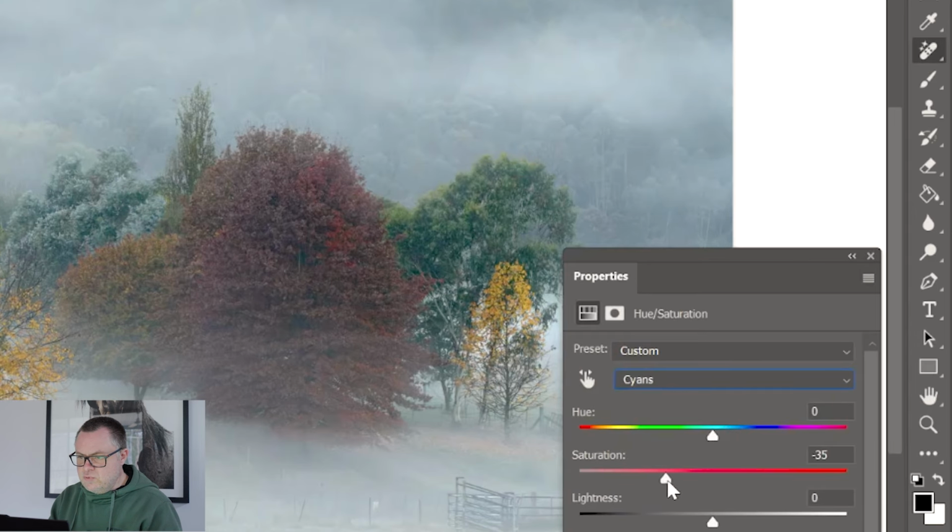And then I'll go to my blues, bring down the saturation, make it more of a whitish scene, like whitish fog. I think that works quite nice. Let's have a look and just try and bring up some of the darker parts of the scene. So I might go to a curves layer. Just feel like it's getting a bit too